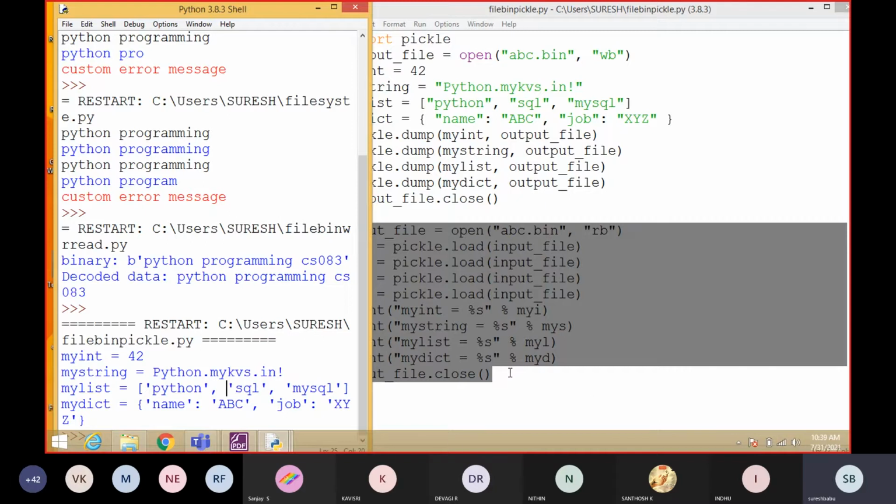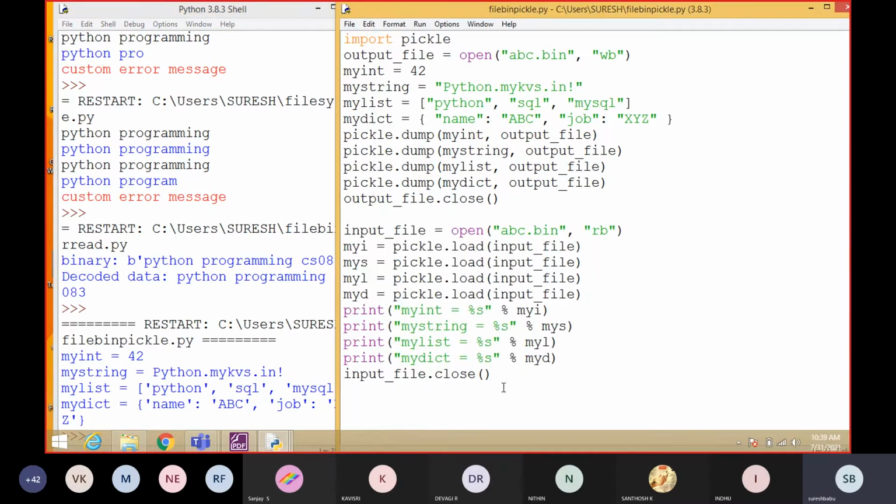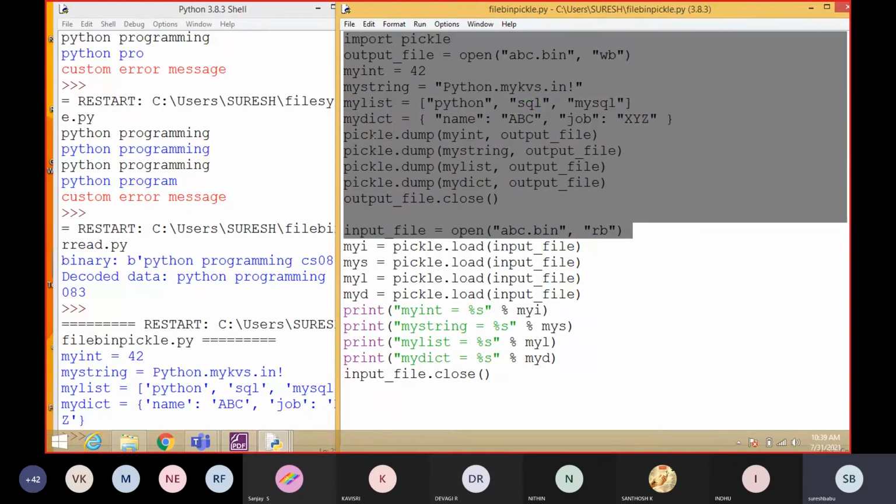To understand clearly, students, definitely you have to practice. So do the practice. At least change these things. Try to give only two inputs and dump those two things. Instead of write, we are using the dump function, and instead of read, we are using the load function, because we are handling binary files.